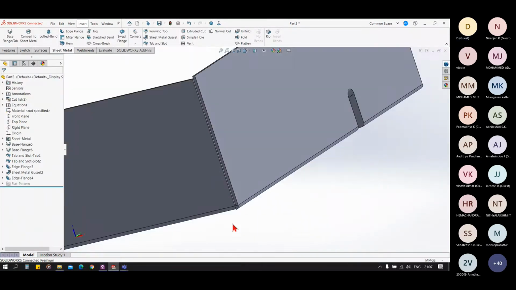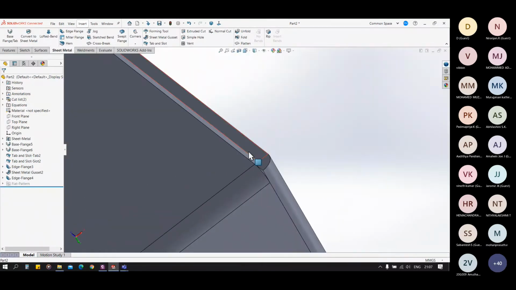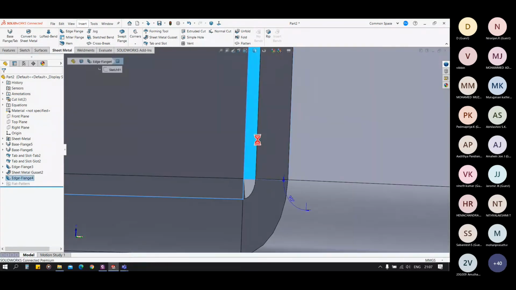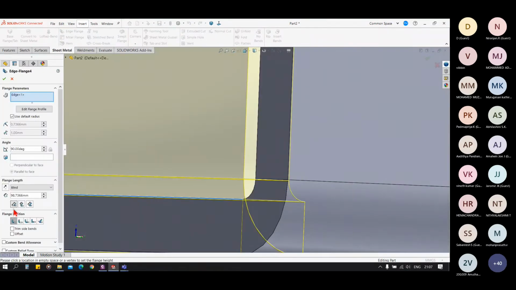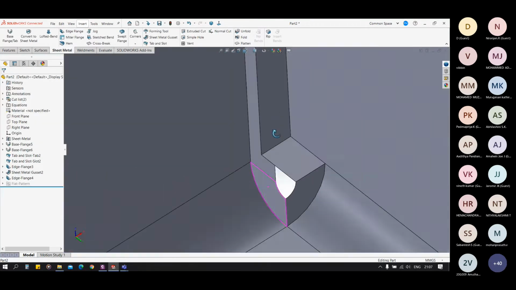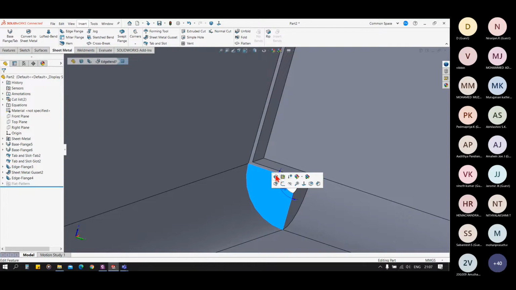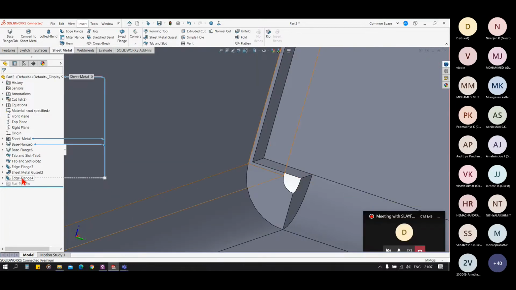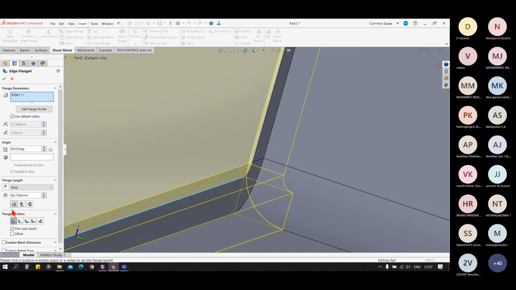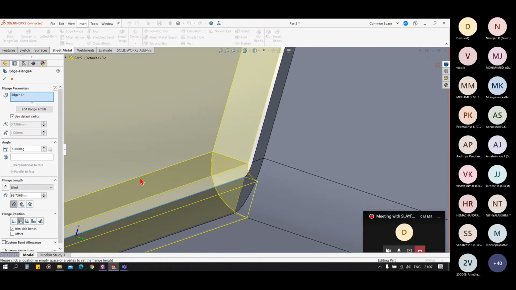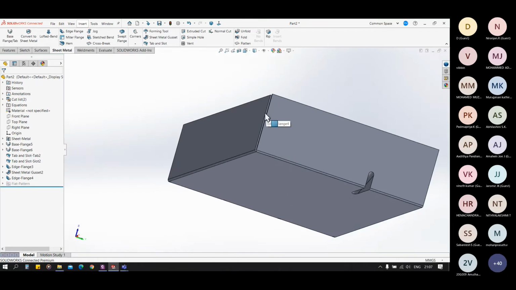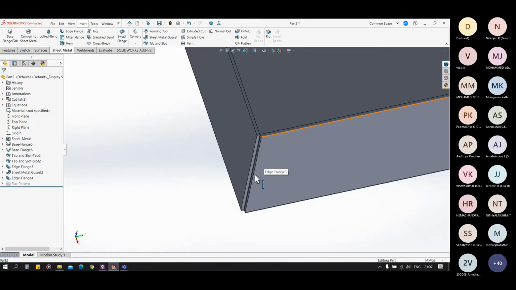So for the welded corner, this is our example.